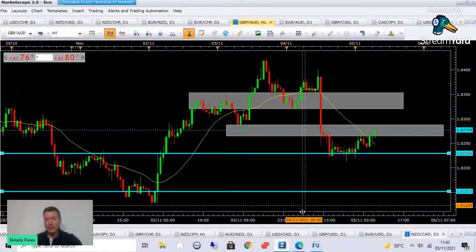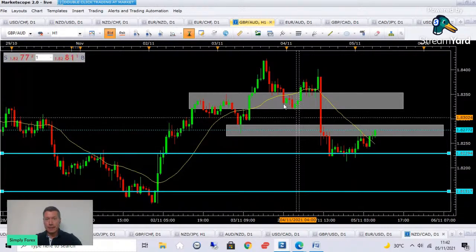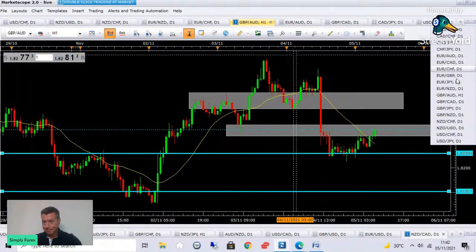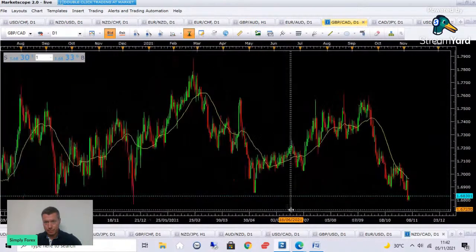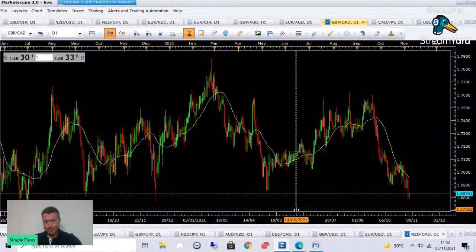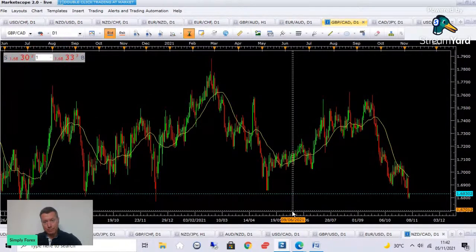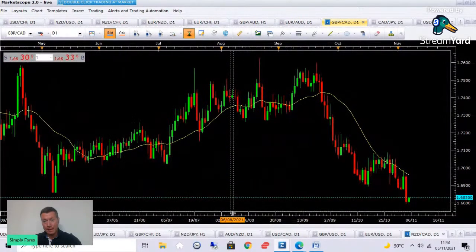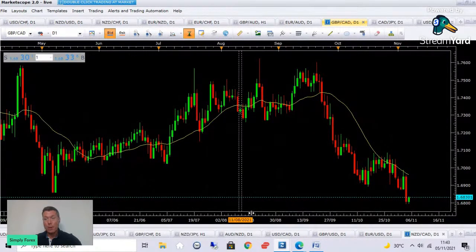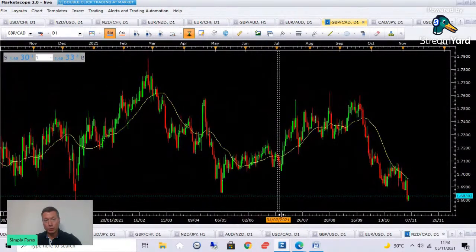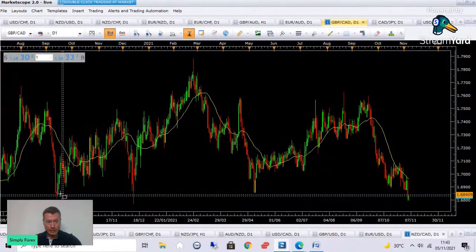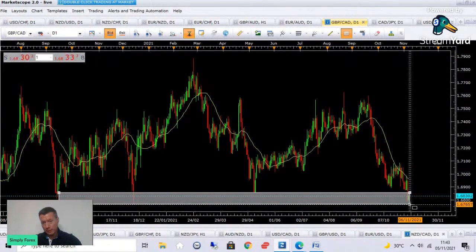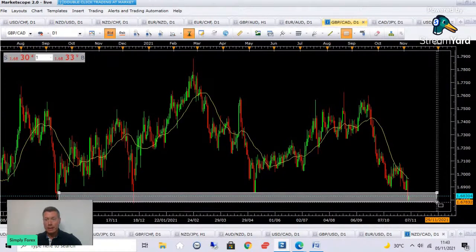All right, let's carry on. Next one, GBP CAD. Let's have a look. Okay, so from the daily chart, a large bearish candle, but we don't sell into support. We never do that. We would be crazy maniac people if we shorted into